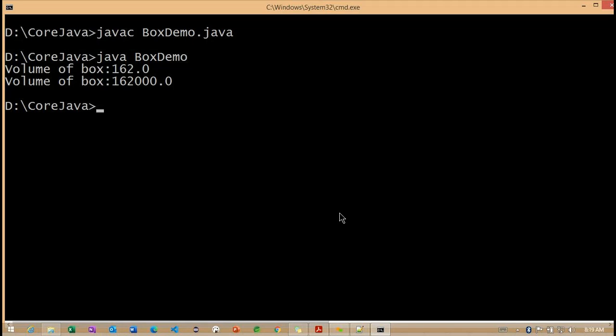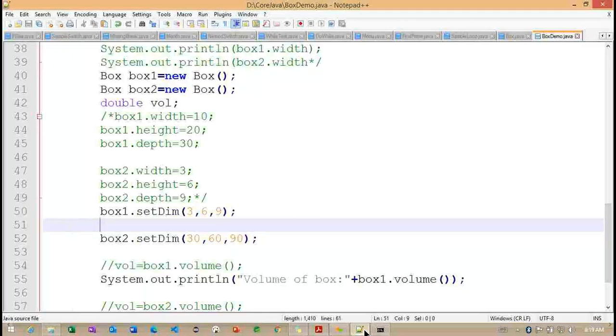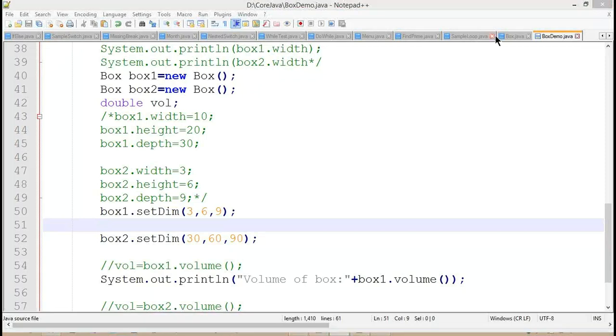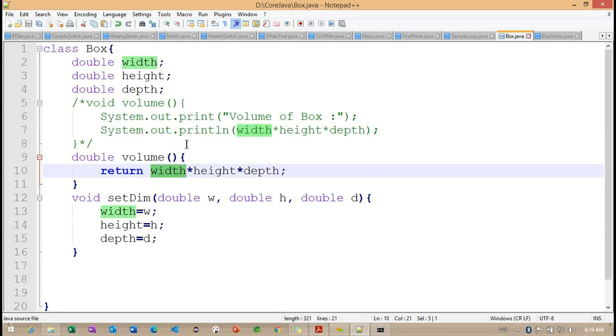Now someone asked a question regarding how memory is allocated in the heap for the methods here, different ones, void and double volume. Basically, it's going to access the same memory, because if I observe this particular volume method, memory is already allocated for these variables here.